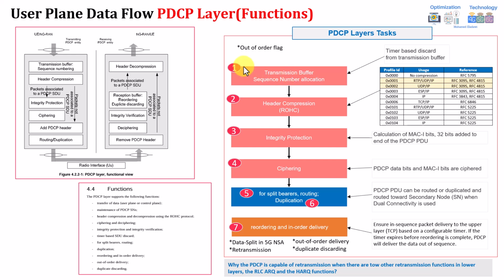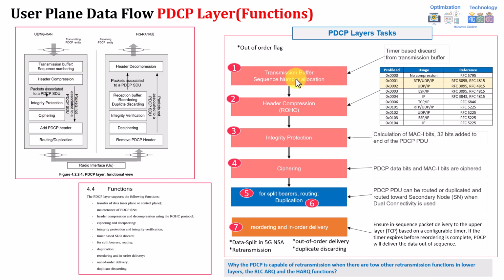The first function of the PDCP, which is a must, must be done from the transmitter side. You'll find that the transmitter usually has something called transmission buffer and sequence number allocation. This means that the first thing the transmitter will do once it has received the packet from the upper layer, which is the TCP or coming from the application moving to UDP, IP, then reaching PDCP, is assign a sequence number, to be able to track this packet, and it also helps the receiver to do reordering and so on. So this is the first thing.